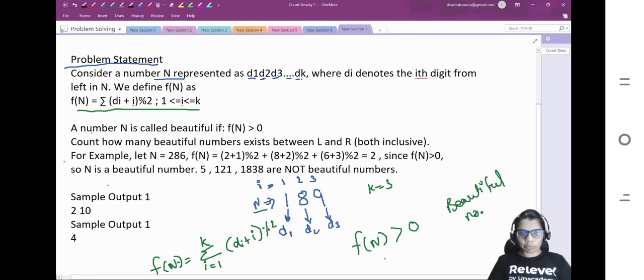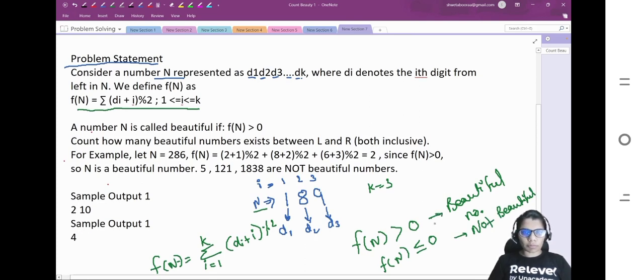Otherwise, it won't be beautiful. So if f of n is smaller than or equal to 0, then not beautiful. Cool. I hope you have got the problem statement, right? Now the question says that you need to count how many beautiful numbers would be there between L and